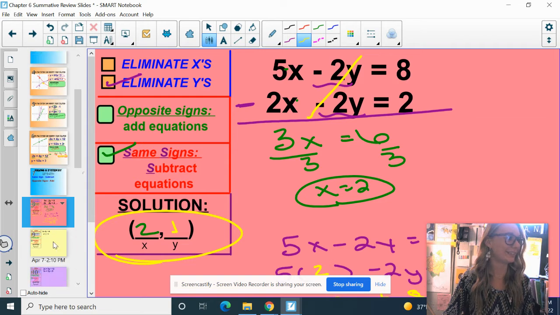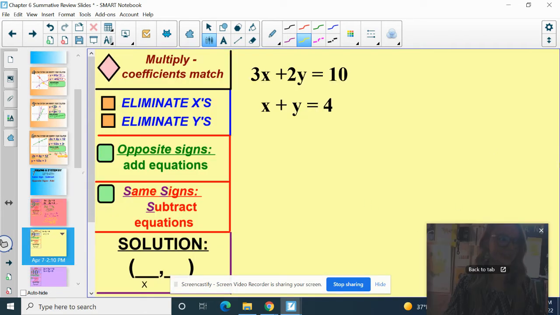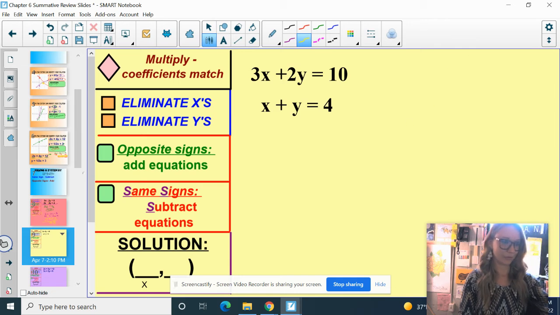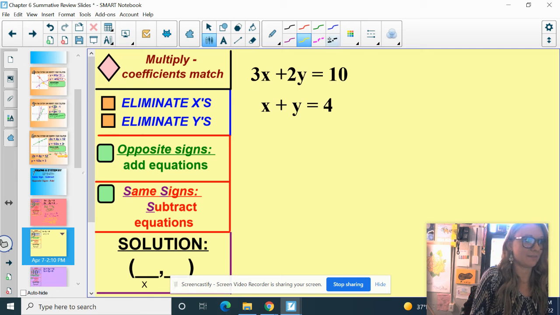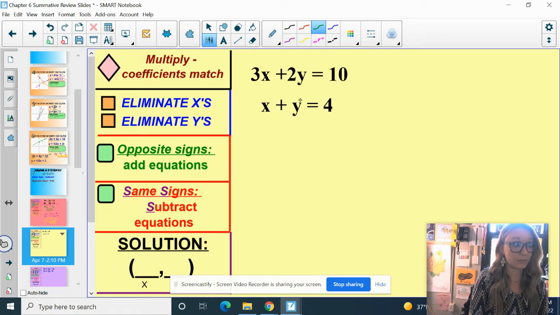So here we go. And I gave you a yellow side because I just love you so much. All right, here we are. I see that both of my equations are in standard form, so I'm like, hello, it is time to eliminate. My x's are not the same, my y's are not the same, so you're going to have to multiply one or both equations to